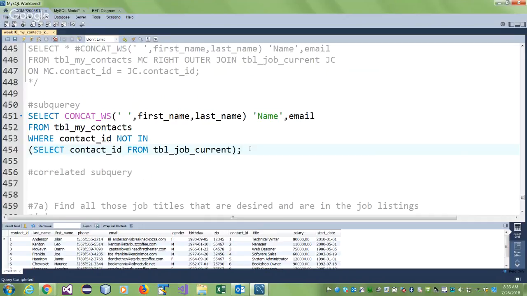No, you don't have a job. Is your contact ID in the current? Yes, you have a job. So that way you're saying you're not in that table. So you're basically doing a minus, right? You are removing or looking for those records that are not in the contact ID. Please remember,